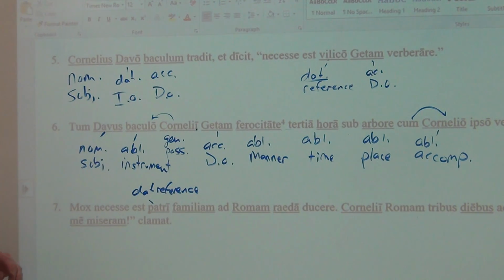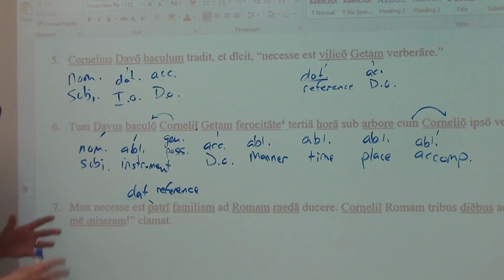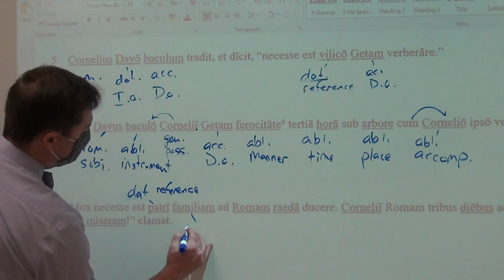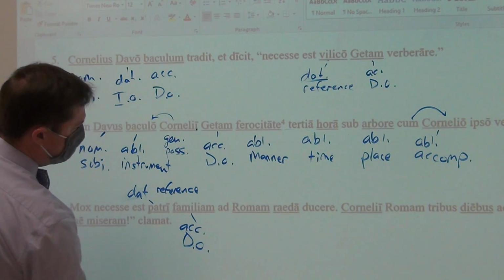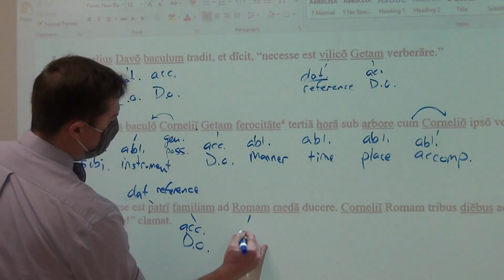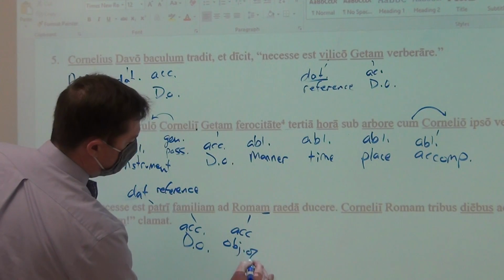Sorry about the handwriting, I'll rewrite it, I suppose. Your dative of reference. For whom is it necessary? For the dad. Familiam is going to be your accusative direct object. To lead whom or what? The family. To Rome, this is accusative, you can tell because of the form, but it is your object of